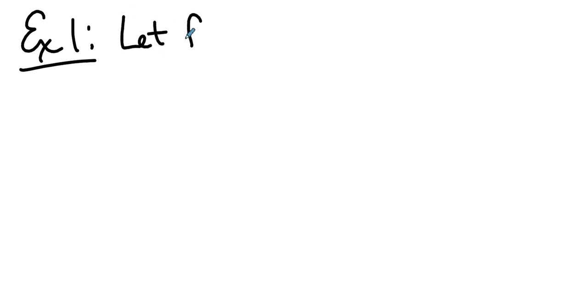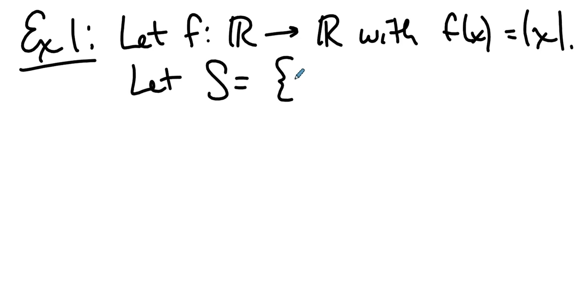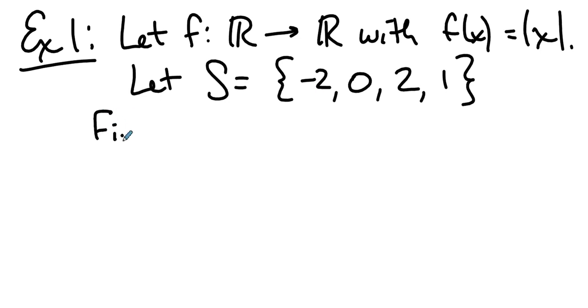We're going to let f be a function from the reals to the reals, and f of x is going to be the absolute value of x, and we're going to let the set S be the set -2, 0, 2, and 1, just because 2021 feels a little negative so far. And we're going to find something. This video is not going to make any sense in 3 years. Not at all. Take a moment